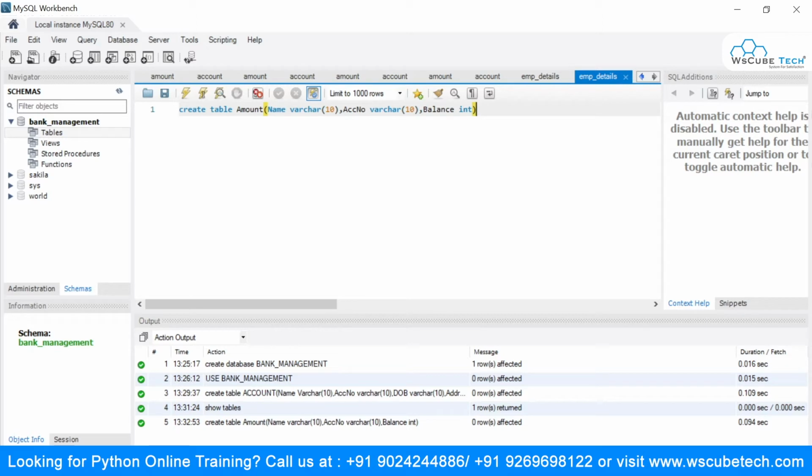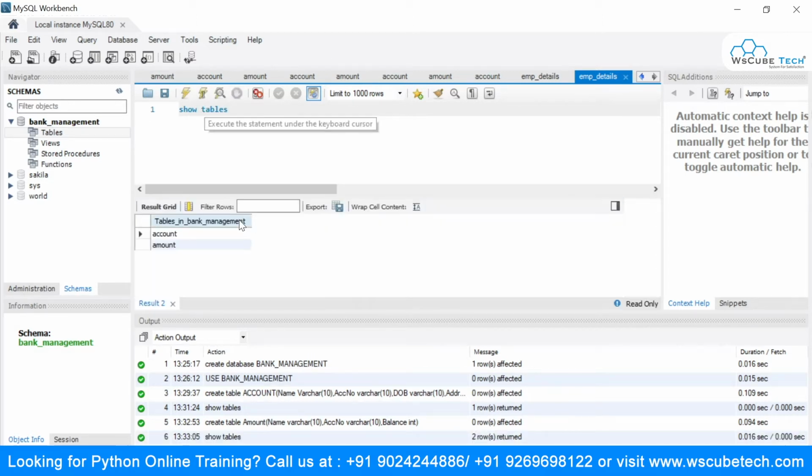And if I say show tables and execute it, you can see we are getting these two tables created inside our bank management database. The first table is account, and the second one is amount. So we are done with this.